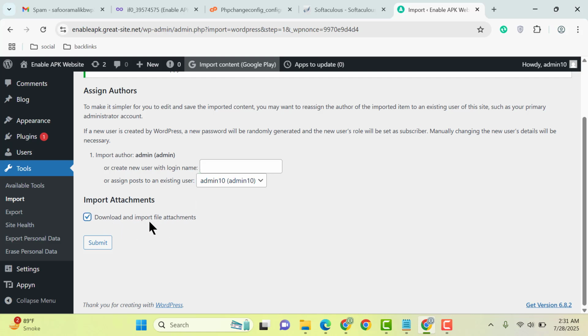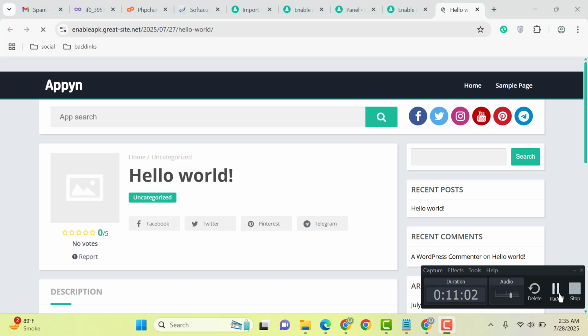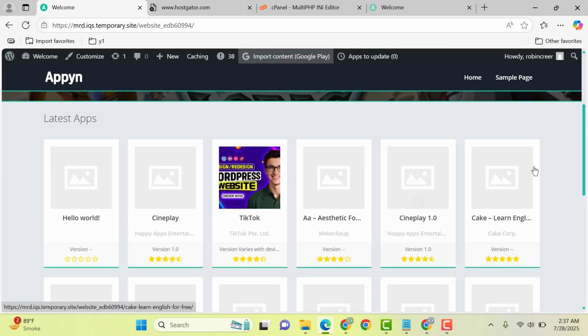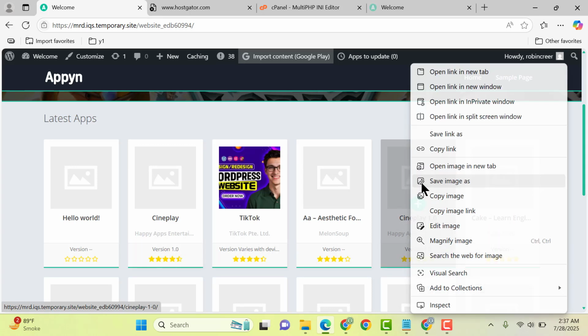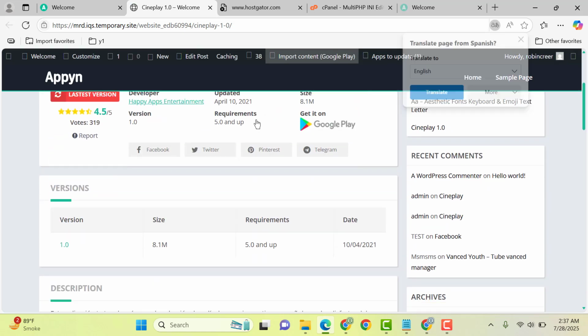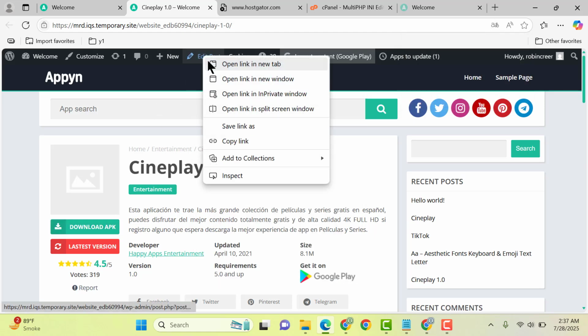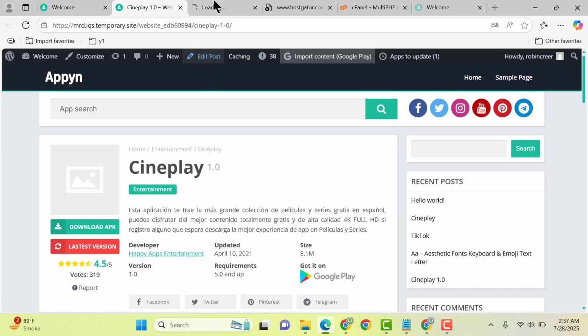And here you can select this one, download and import file attachments, then click on the submit button. And here you can see different apps are listed here. So you can open any of the apps. So all the detail is here. You can add a description as well as you can add download links. So you can simply edit this one,